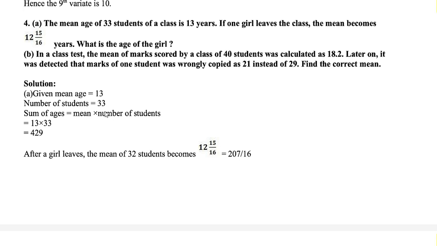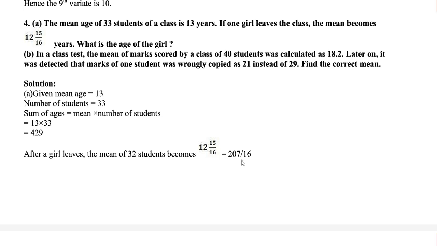First, the given mean age is 13 and the number of students is 33. So first calculate the sum of ages, that is mean into number of students. So 33 into 13, that comes to 429. After a girl leaves, the mean of the 32 students becomes 12 whole 15 by 16, that comes to